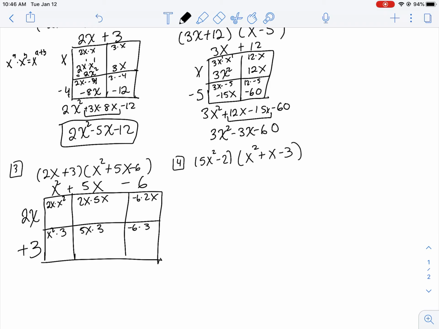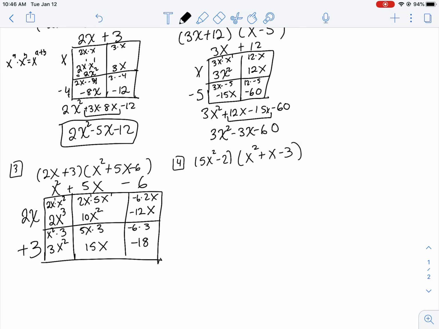So 2x times x squared, remember there's a 1 here, so 1 plus 2 is 3, this is 2x cubed. 2x times 5x is 10, 1 plus 1 is 2, x squared. Negative 6 times 2 is negative 12x. 3x squared,